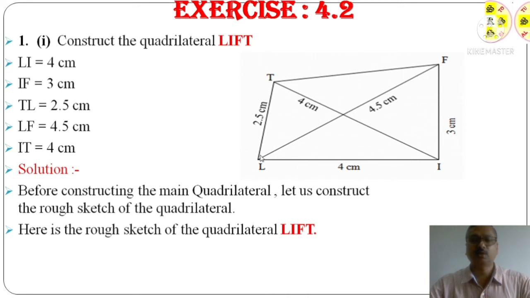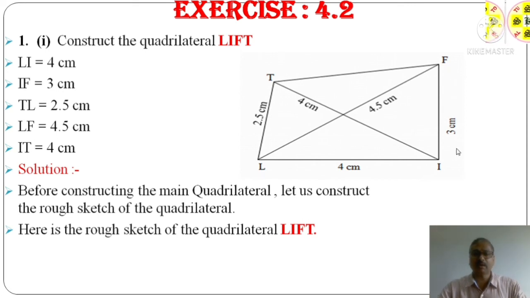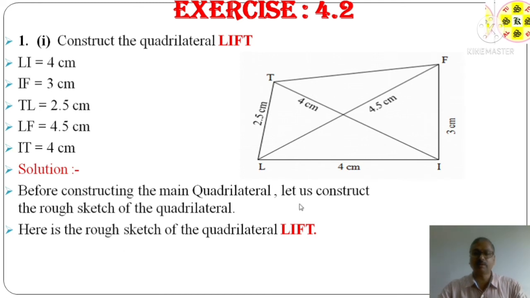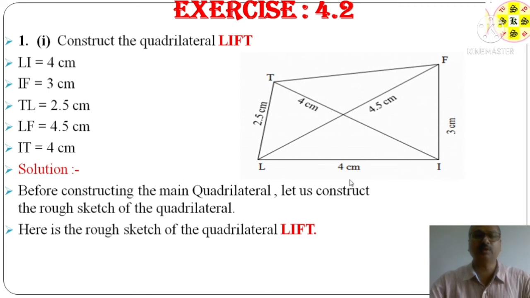This is given, here TF is not given. So we can mark the point, see the name, that's why a rough figure is required. When we mark the positions of T and F, on which side? When we mark LI, in this rough figure F and T both should be on the same side, so that the name is as per the cyclic order. This is LIFT. If we write T here, then the name will be LTIF. So this is clear from the rough figure, that is the position of F and T.